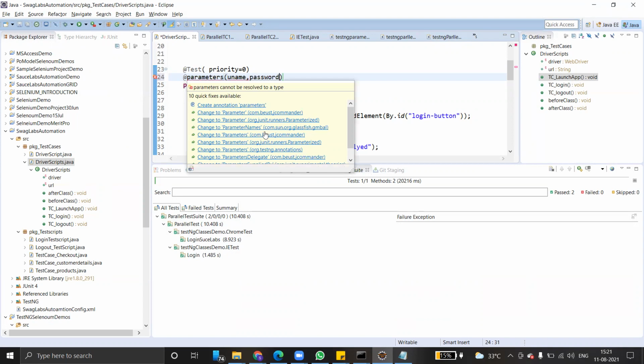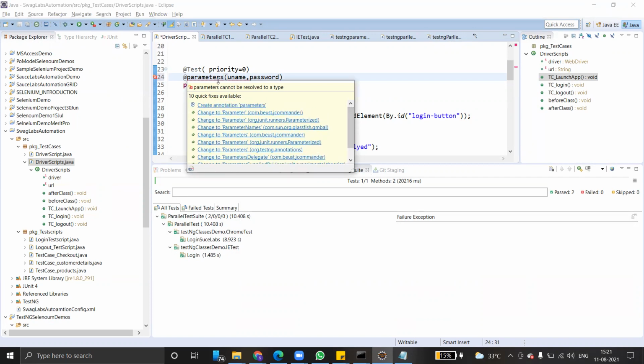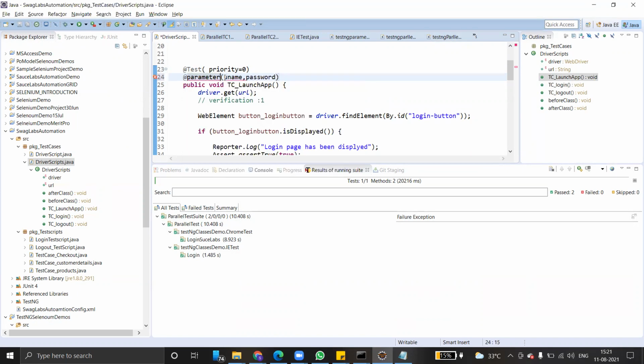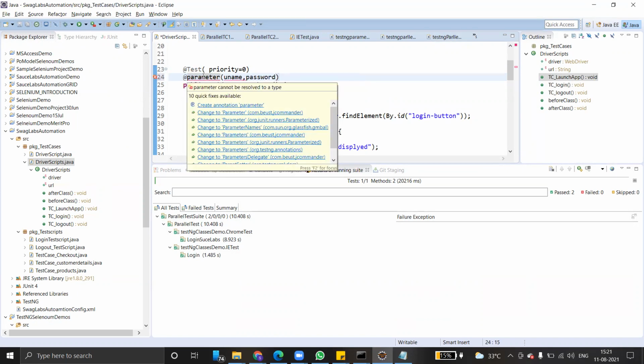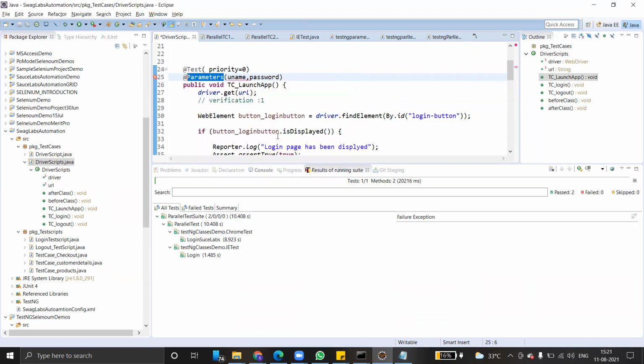So this is inside the TestNG class. Here you can see, in testng.xml, parameters can be added. Add username and password.